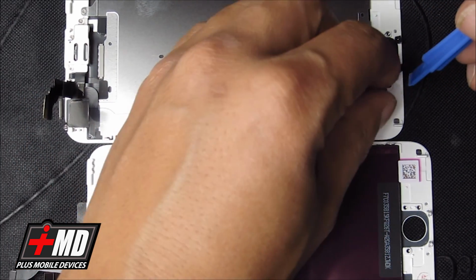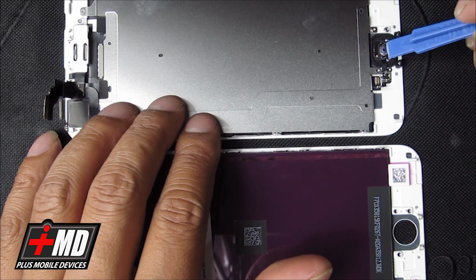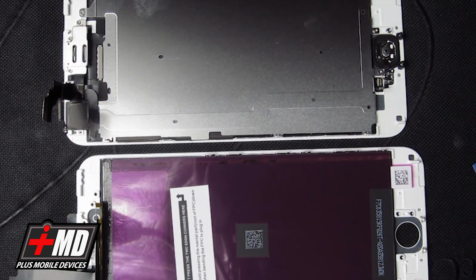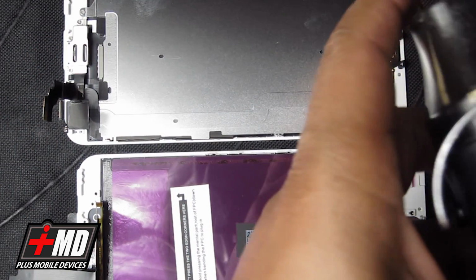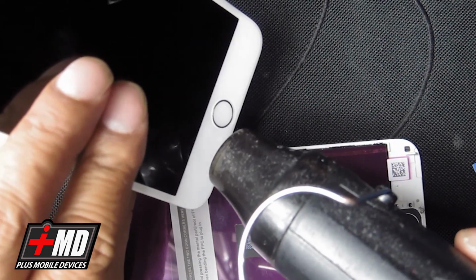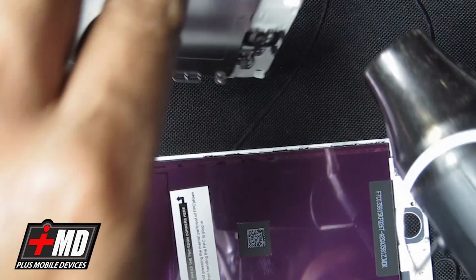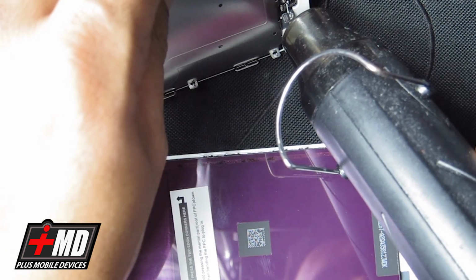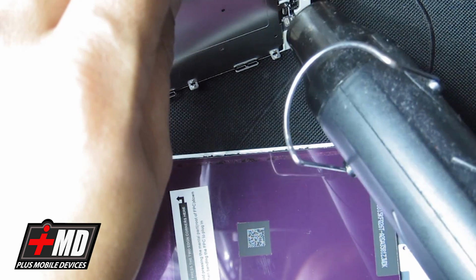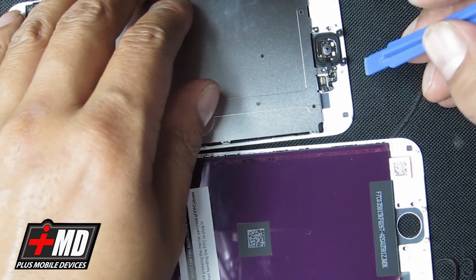Okay, and now what we're going to do is apply a little heat right here to loosen up the adhesive so we can remove it without damaging the flex. I have a heat gun here. It's a low power heat gun. You can probably use a hairdryer too if you like. And we're going to apply heat right over here, just enough so we can deactivate or weaken the glue. Okay, that should be enough for us to actually loosen the adhesive,